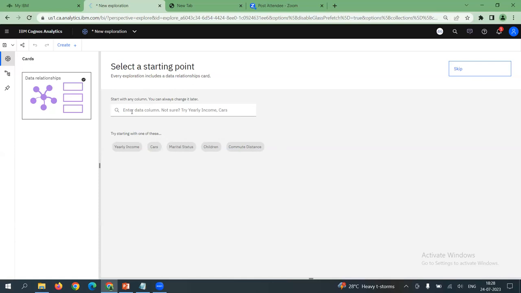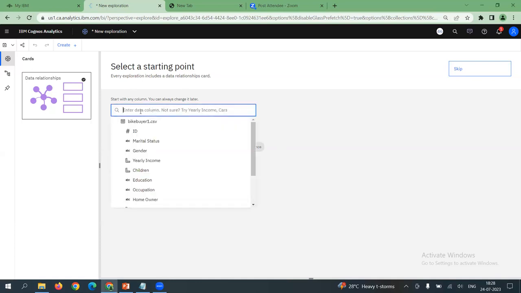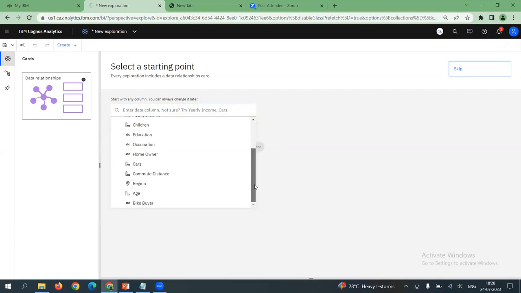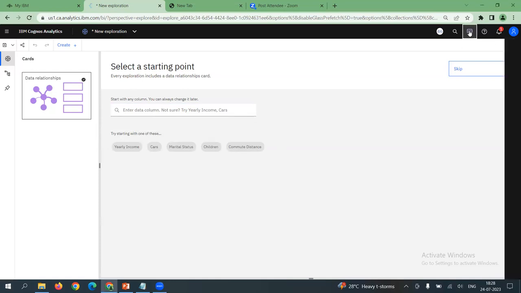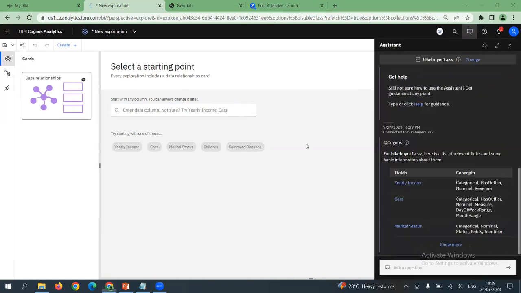Everybody, recall our last session of EDA, basic EDA. We all know Cognos, being a highly AI-powered tool, offers multiple ways for us to explore. You can start with some suggestions offered by the tool, or you can go ahead with your own exploration by selecting the required parameter or variable of your choice. Alternatively, you can use the Cognos assistant. Just click on the assistant, launch it, and type your natural language queries, simply asking a plain English question, and run your query.